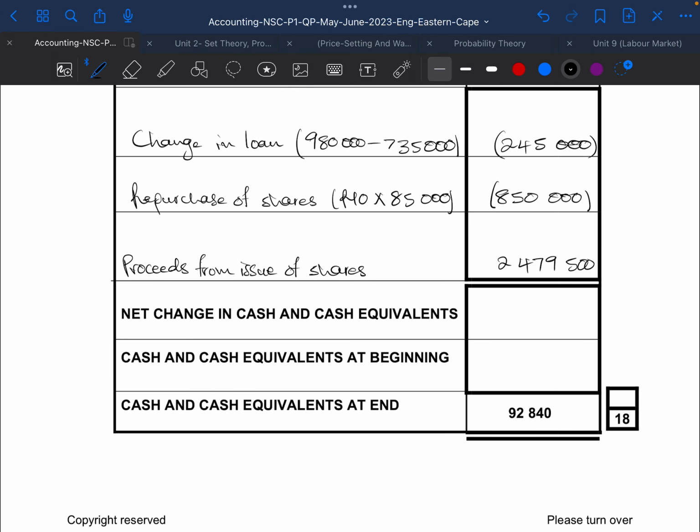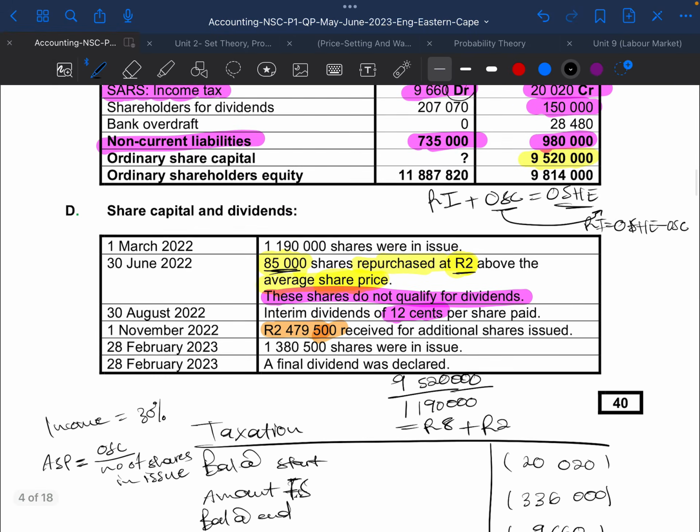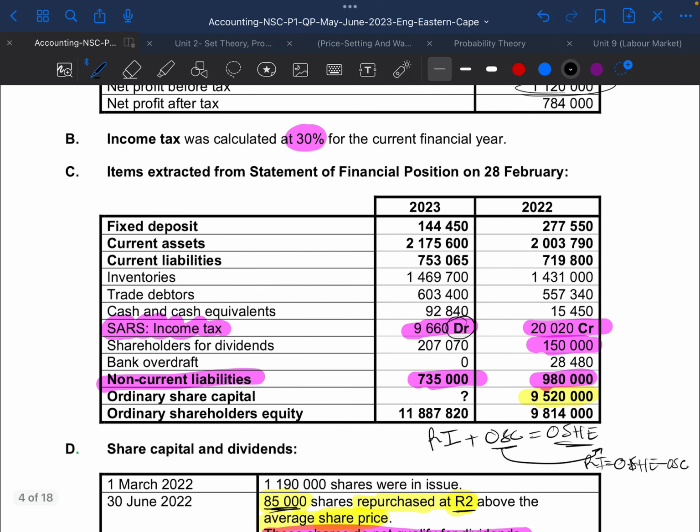And then there's cash and cash equivalents at beginning. There's also cash and cash equivalents at end. So we're given the cash and cash equivalents at the end. So we can do the one at the beginning and see what we had, and then we can just get our net change. All right. So for cash and cash equivalents, you need to take note that it goes along with your bank overdraft. So if there's no bank overdraft, that is okay. But if you have a bank overdraft, you have to consider it in your calculation